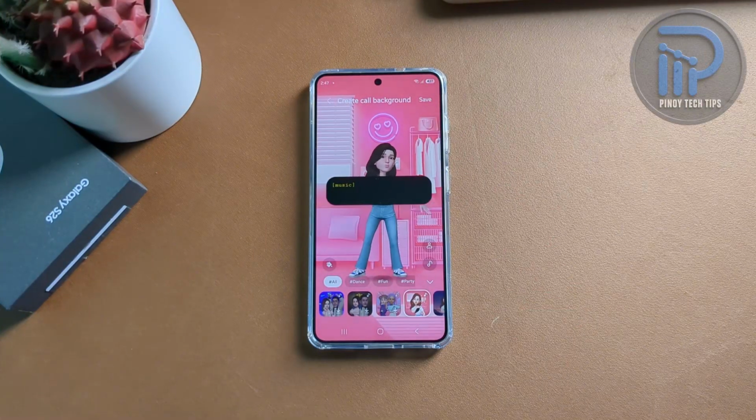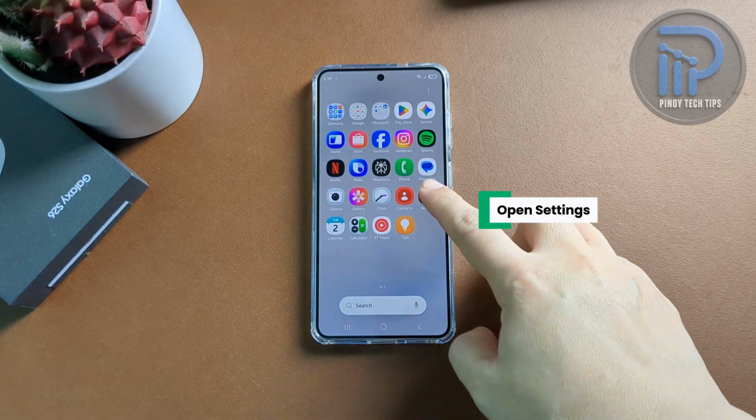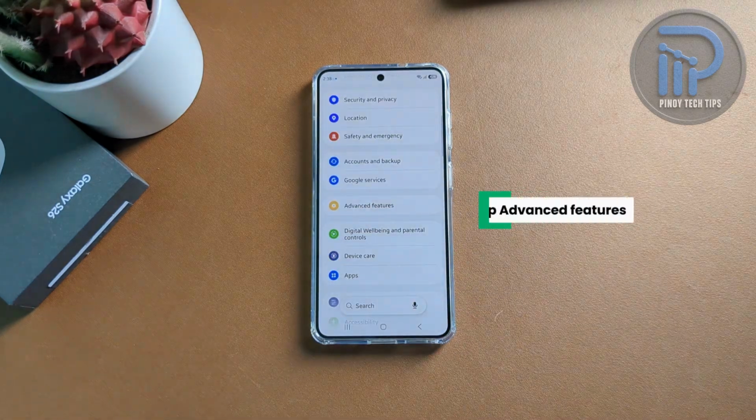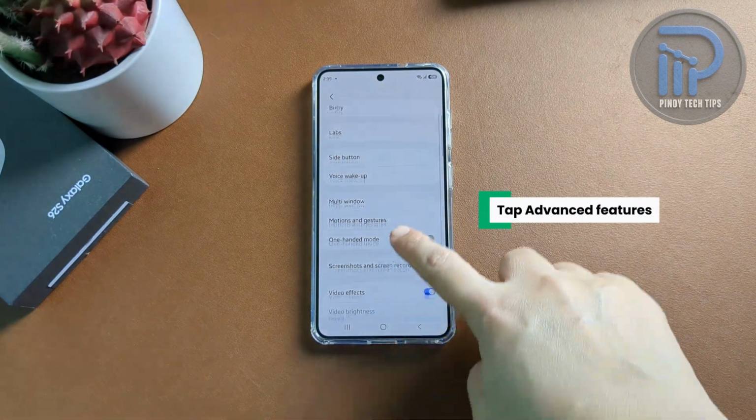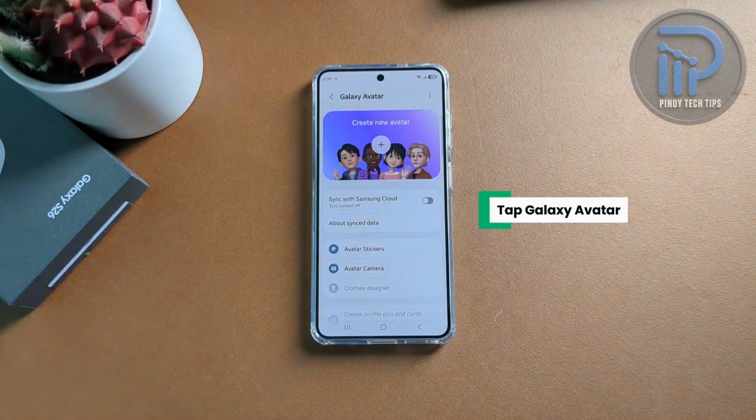So let's get started. To begin, swipe up from the bottom of the home screen to open the Apps tray, then tap Settings. Scroll down and tap Advanced Features. Next, tap Galaxy Avatar. If this is your first time using Galaxy Avatar, you may be prompted to grant the